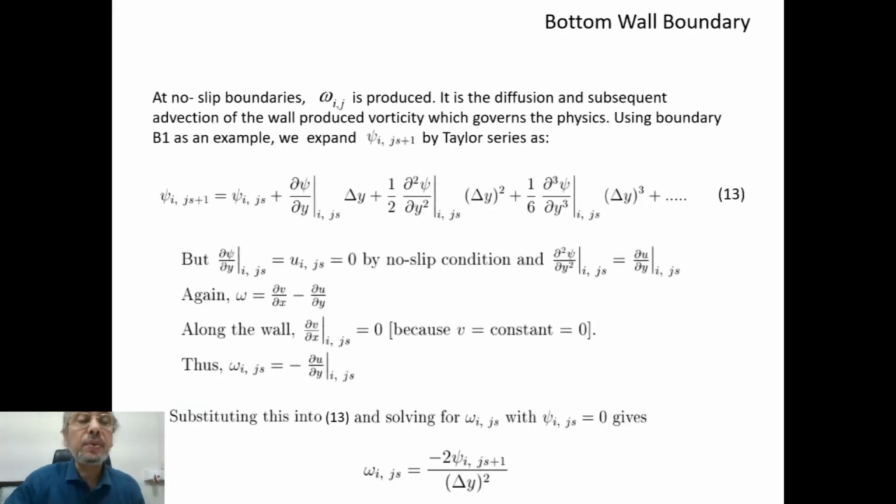Now we'll discuss the boundary condition on omega, on the bottom wall. At no slip boundaries, omega ij is produced. This is a very remarkable point. Even if you go for analytical methods, if you recall what you studied in boundary layer,